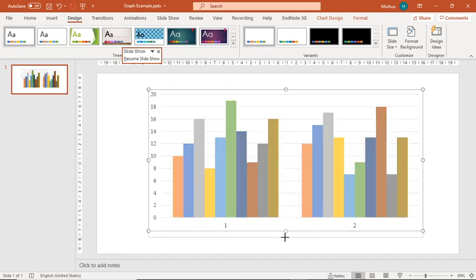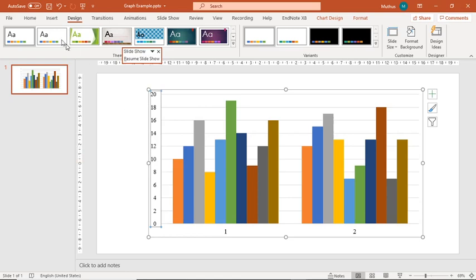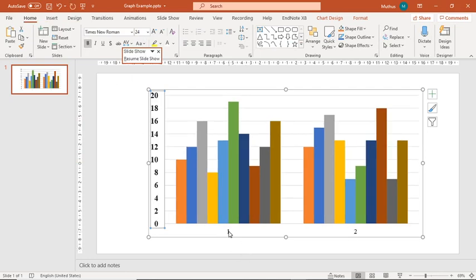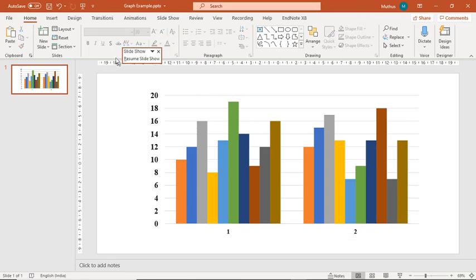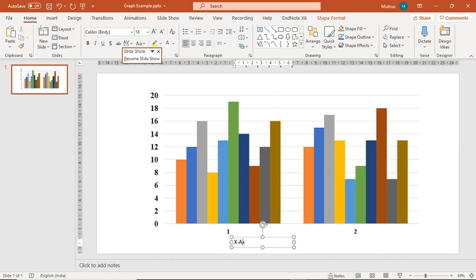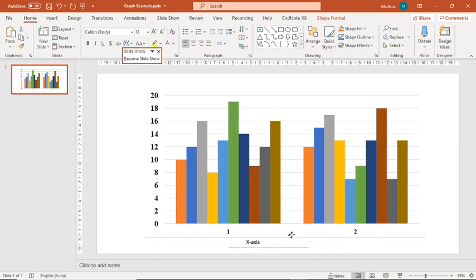Here you can fix it, and you can improve the font sizes here also, because it should appear in a very good manner. So I am making bold letters and increasing the font size also. And now I am giving x-axis and y-axis text. For example, here I am giving the x-axis, whatever you like. The same can be done for the y-axis.